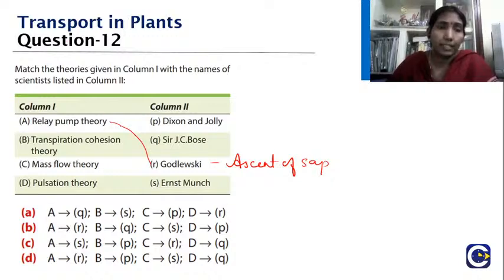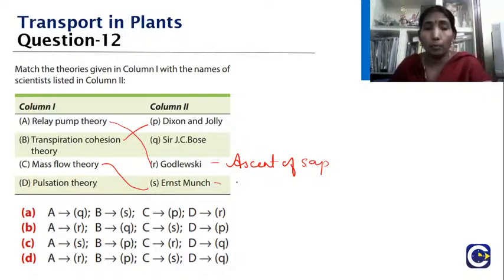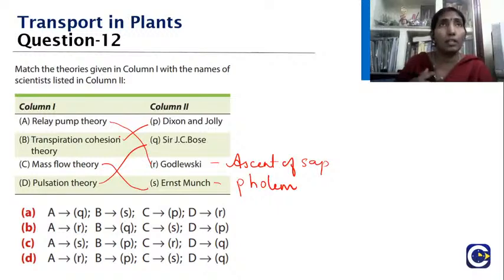Then what about the mass flow theory? This was proposed by our famous Ernest Munch, where he talks about the movement of sap in phloem. So that is important. What about the pulsation theory? This was done by our Indian scientist, Honorable Sir J.C. Bose, which is also called the vital